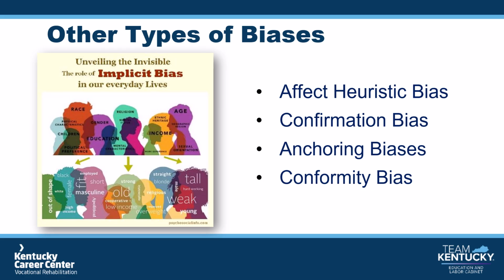We can perceive these opinions as positive or negative, but that may not be the case for the groups we hold them for. And finally, conformity bias is opinions that are influenced by feelings of pressure to belong to the greater majority, even if we don't agree with those opinions. Think about examples of each of these biases you may have had experiences with.